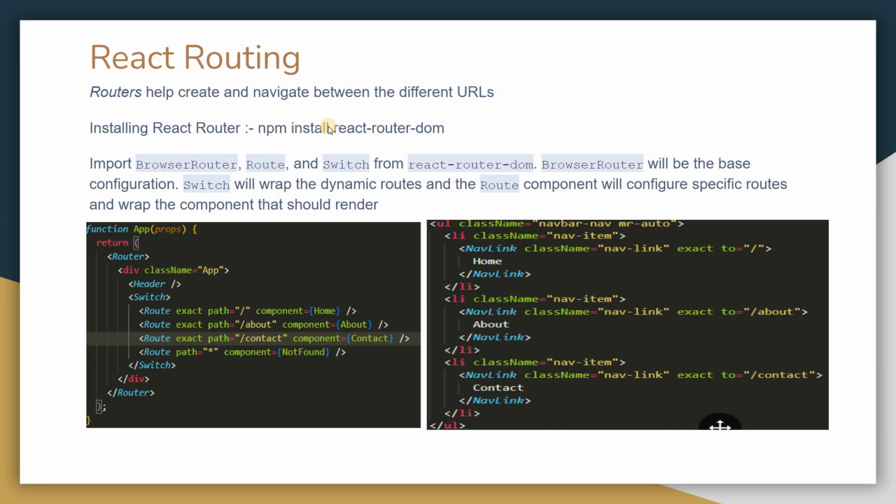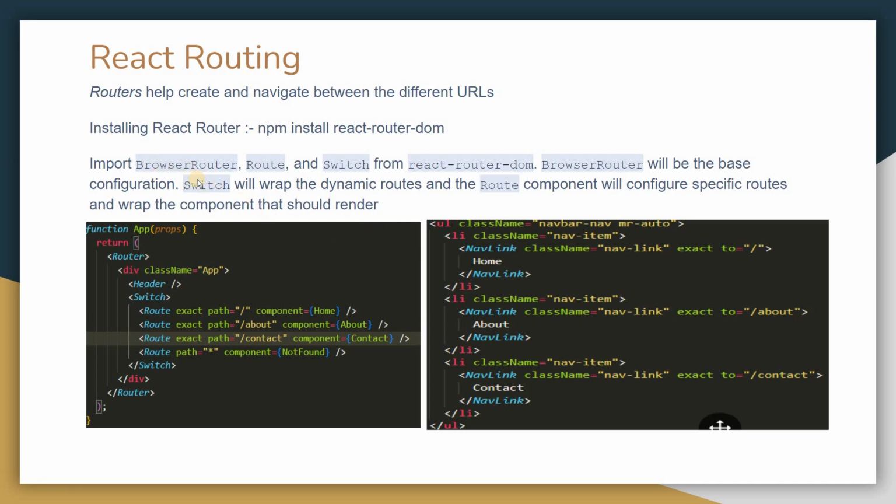So when we install this React Router DOM, there are some things we need to import from it, and these are the basic things we need to do. First we need to import BrowserRouter, second we need to import Route, and third is Switch. So these three things we need to import from React Router DOM. And